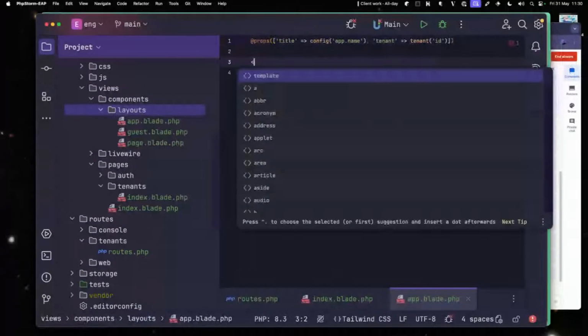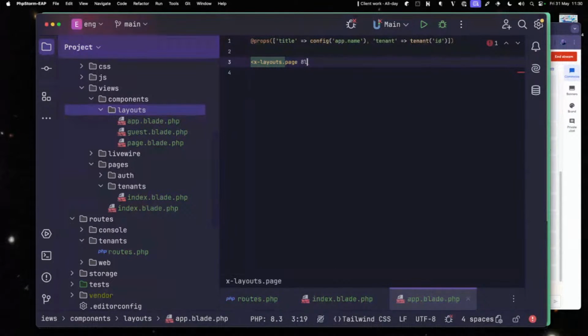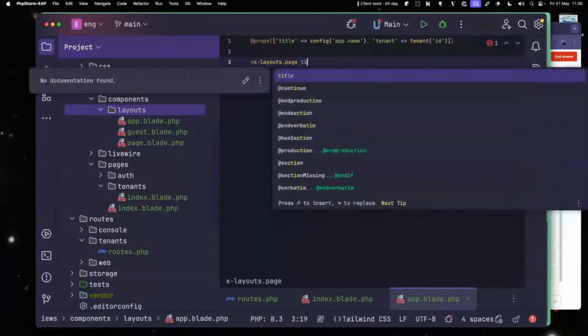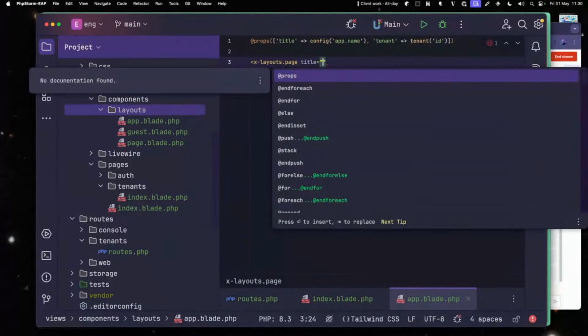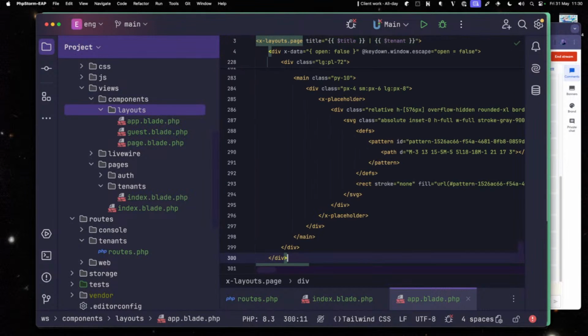So then we can say x layouts page where the title is title like that, and we're just going to drop tenant into there as well. Then we're just going to drop that. Okay, so